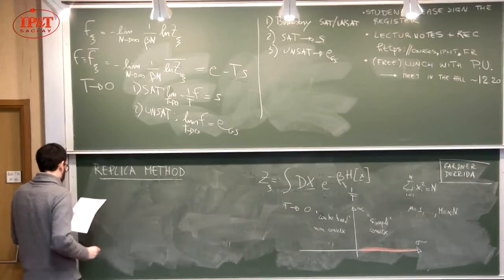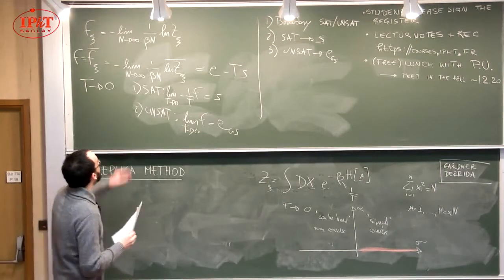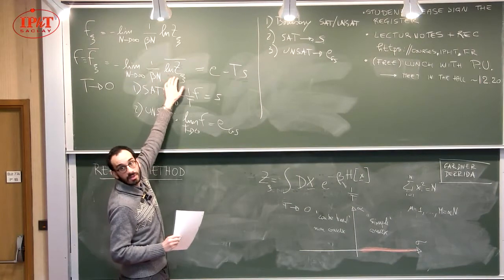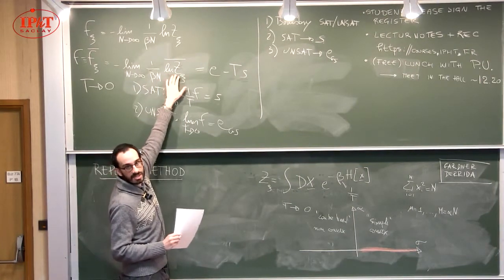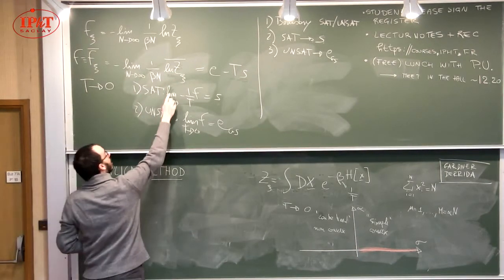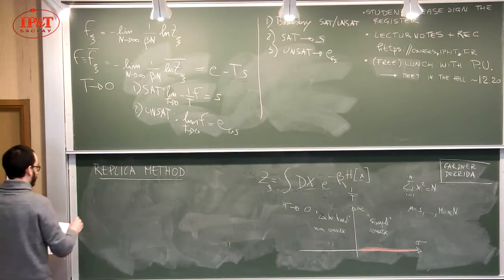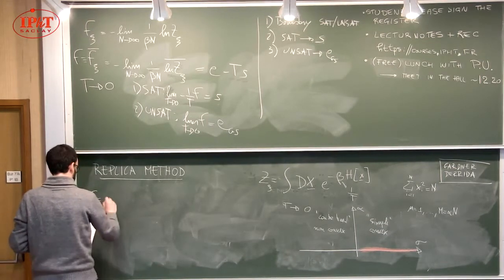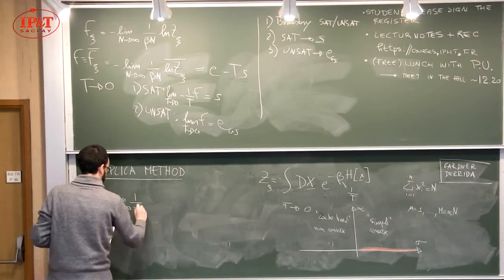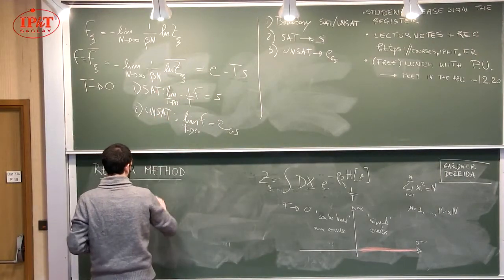So what is this method? You see the problem here. We would like to compute the free energy, and this is the average of a logarithm. How to compute this thing is very hard, so it's a complex problem. And the replica method just gives you a way to compute the average of the logarithm. So what you do is the following: you can replace this by the limit